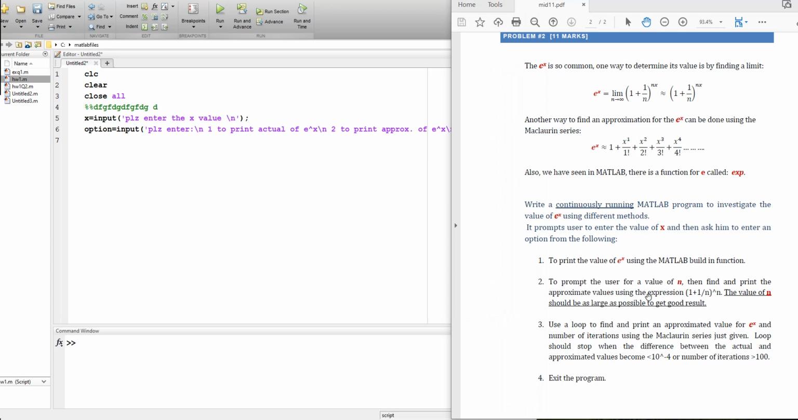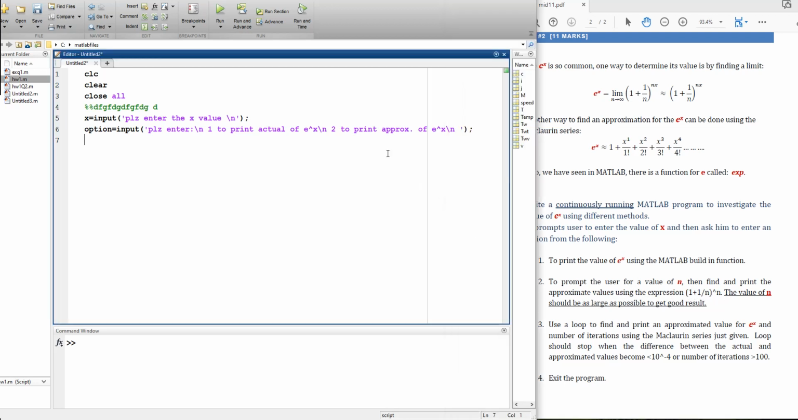Second, to prompt the user the approximation using the expression. So to print the expression, say the expression of e to the power x, which is that one. And finally,